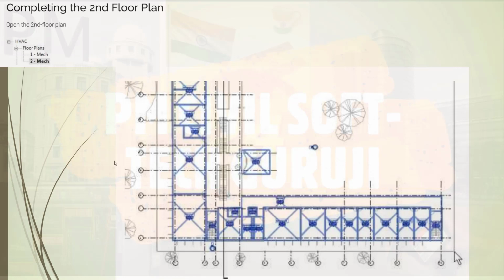Now first, completing the second floor plan. In the project browser, under HVAC, floor plans, select 2 Mechanical. Press Escape until the Modify tool remains active. Select all elements in the model.